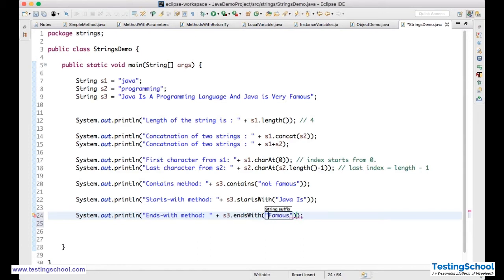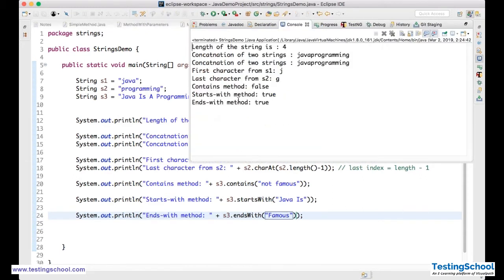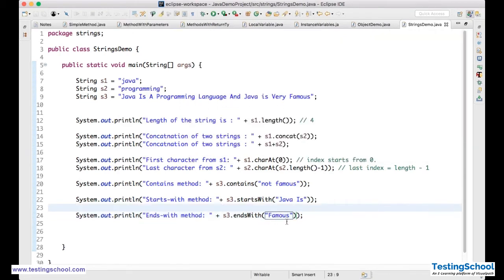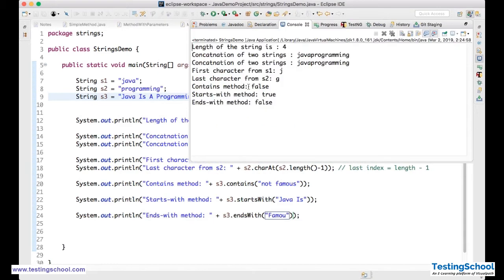Whether it is ending with famous or not. So I'll run this. We'll see. The endsWith method gives true. Famous. So if I remove the last S, "famou", I am missing S. It is not ending with that, right? It is ending with famous. S is the last letter. So when I run this now, I'll get false.